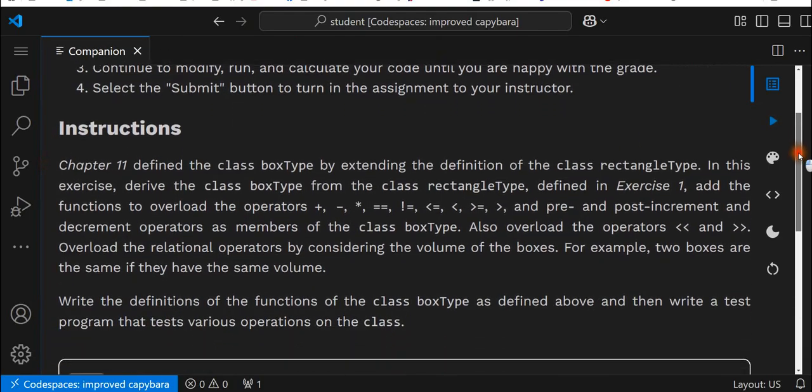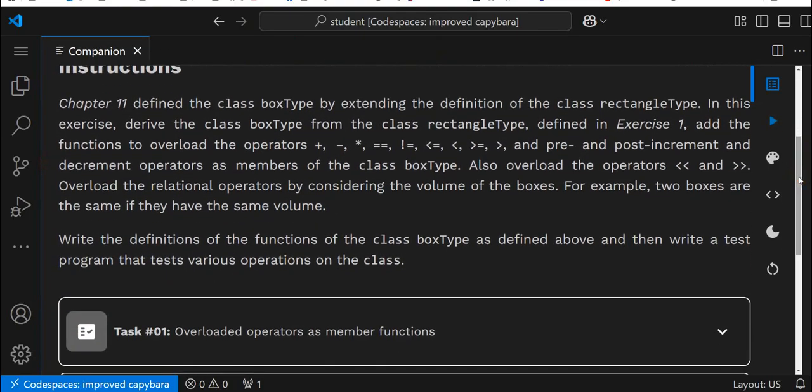Here we're going to Chapter 11 again. Define the class boxType by extending the definition of the class rectangleType. In this exercise, derive the class boxType from the class rectangleType, defined in exercise 1, and write the functions to overload the operators plus, minus, multiplication, equals, not equal to, less than or equal to, less than, greater than, equal to or greater than, and the pre and post increment and decrement operators as members of the class boxType. Also overload the operator